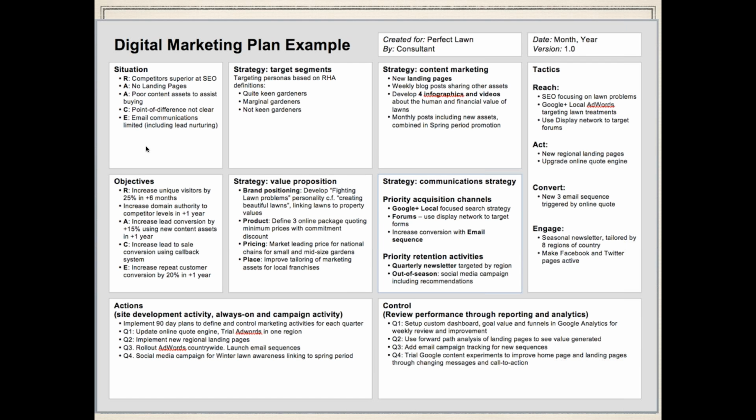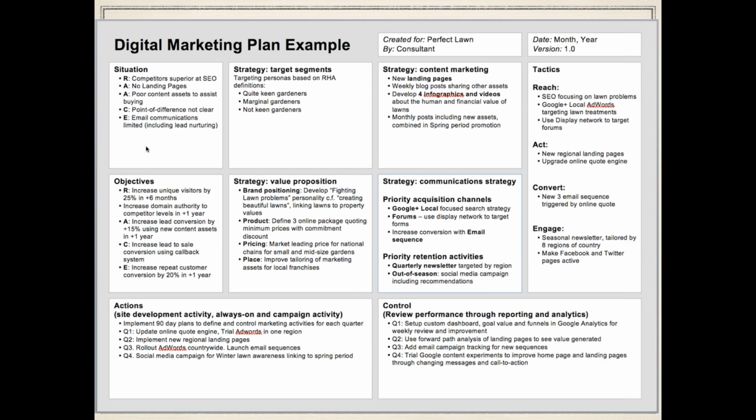Just look at how he mapped out the situation. He broke it out in terms of RACE. You see, you don't have to have a problem in each tactic. There may be a few problems in one area, and it may not be a problem in another area. You see, he has two act problems, two interaction problems, and one conversion, one reach, one engage problem. That's the assessment that he did for his ecosystem.